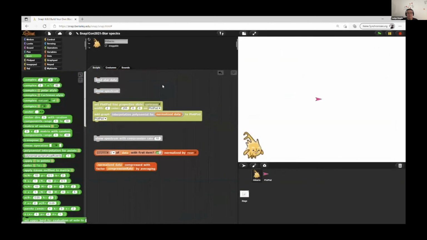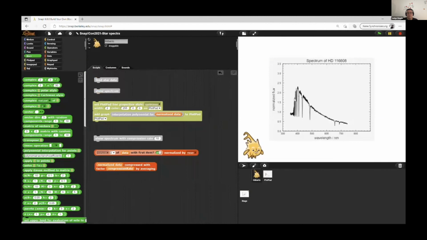Next example is about the spectrum of stars. We can load some star data, and the main job is to prepare the data for a nice diagram. I've loaded some star data, and I will show the spectrum in a plot pad. This is the result. And I used a block to normalize the original data by mean. And if I want, I can calculate a polynomial to approximate this data, and the coefficients of the polynomial can be used to determine different star types by a neural net. I also can compress the data to find some characteristics, and here I can use the block compressed with factor